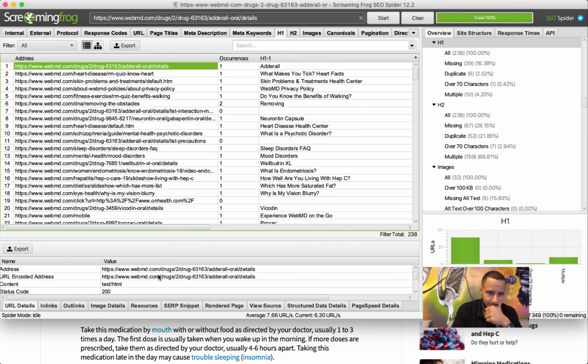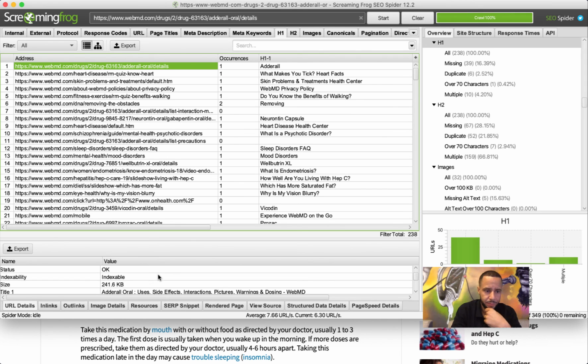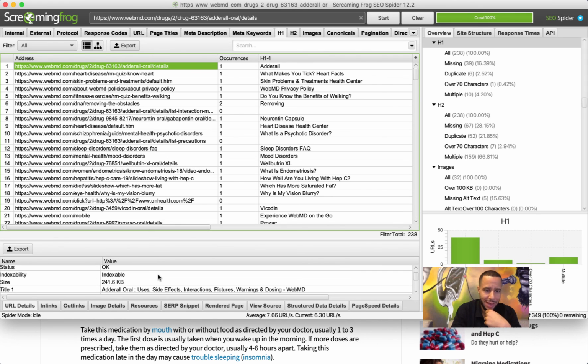All right, so on this page, the title is Adderall Oral Uses, Side Effects, Interactions, Pictures, Warnings, and Dosing.